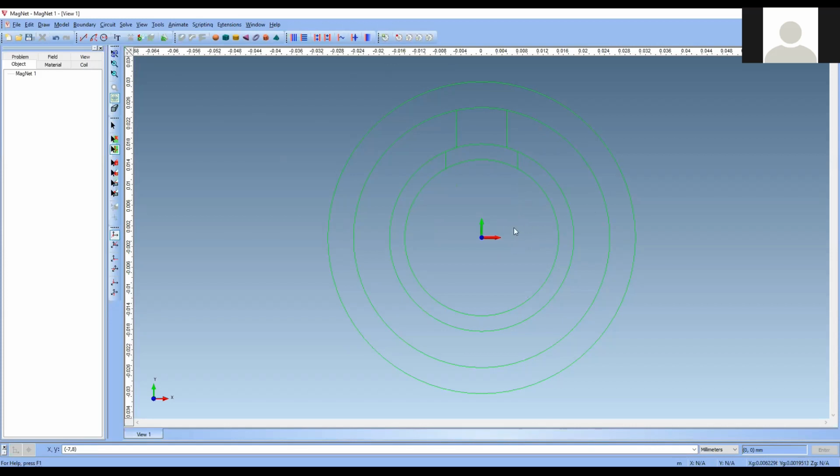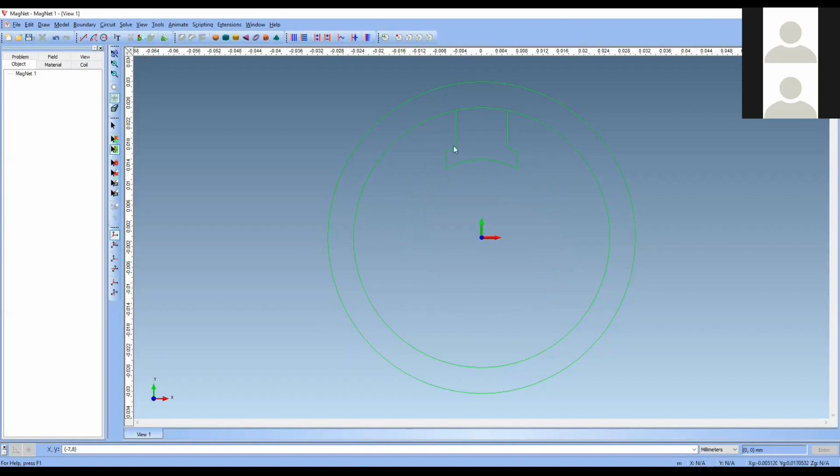Now in this circle, what are the unwanted portions? Segment edges, this is my unwanted portion and this is my unwanted portion. This is my unwanted portion, and this circle also I can delete it. Okay, now in this circle again, segment edges, delete, delete, delete, over. Now we have got a stator outer diameter, inner diameter, teeth also we have got.